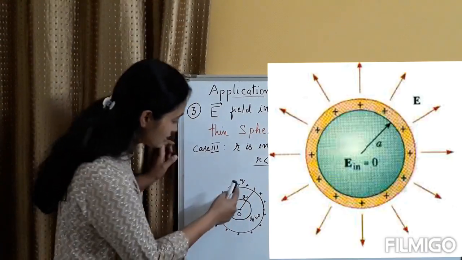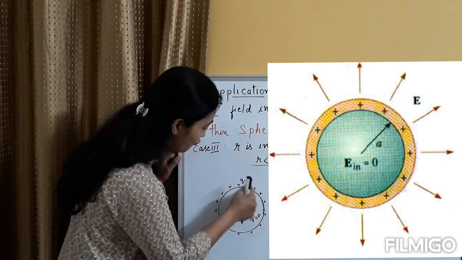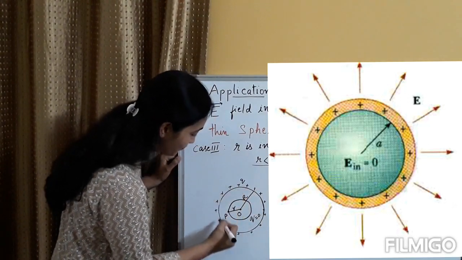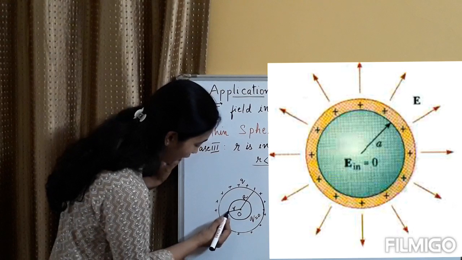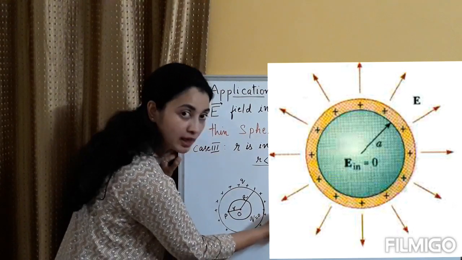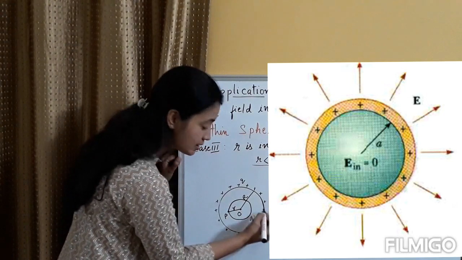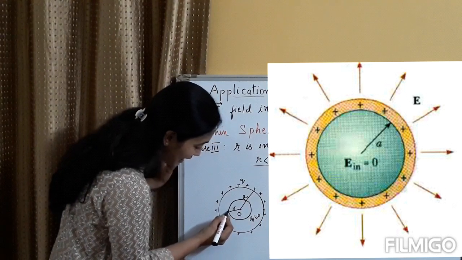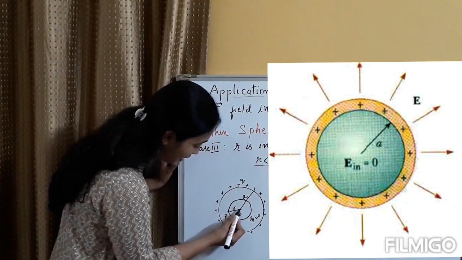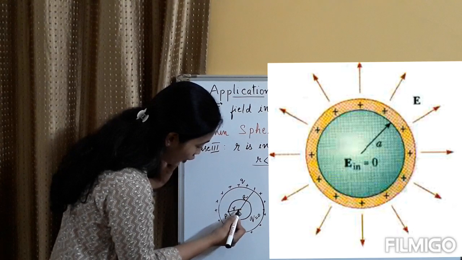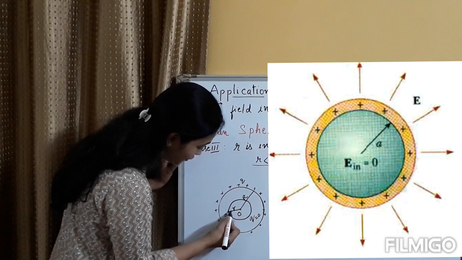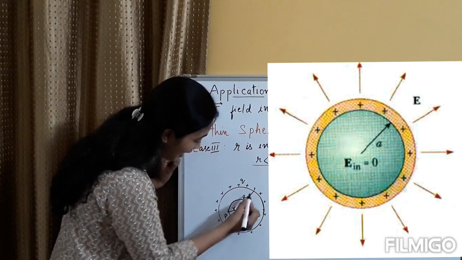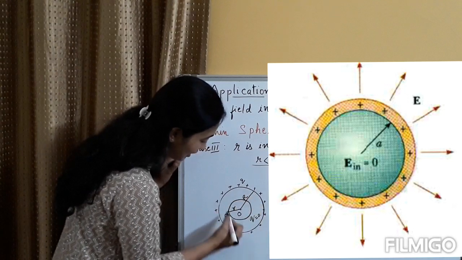Can you see? This is our charged spherical shell, uniformly charged with plus q charge, and our observation point P. Initially it was somewhere outside the shell, then we had it on the shell itself. Now it is somewhere inside the shell. P is inside the shell. The distance from the observation point to the center of the shell is small r, and capital R is the radius of the shell itself.